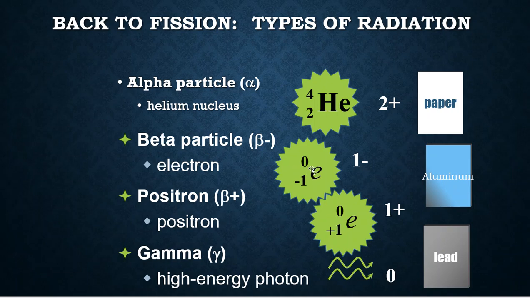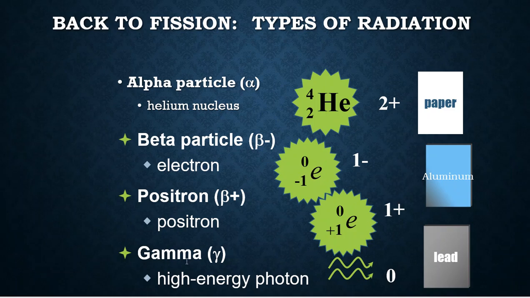So you'll notice that the difference between a beta particle and a positron is that the beta particle is negatively charged and the positron is positively charged. These are opposites of each other. A positron is the antimatter electron. So the electron is the matter, and the antimatter form of an electron is a positron. Okay. So we have alpha particles, beta particles, and positrons that can be emitted from the nucleus,